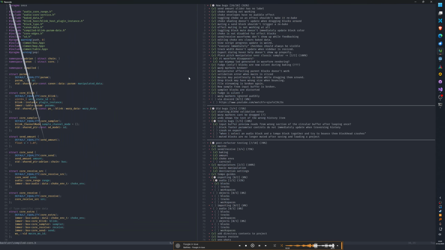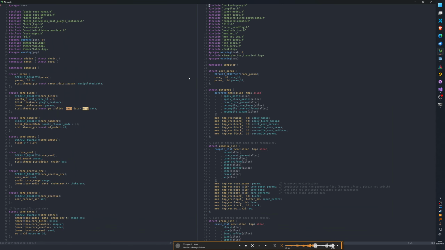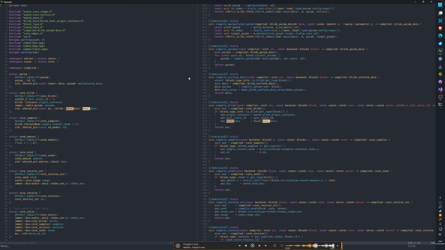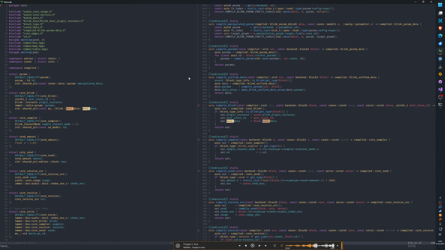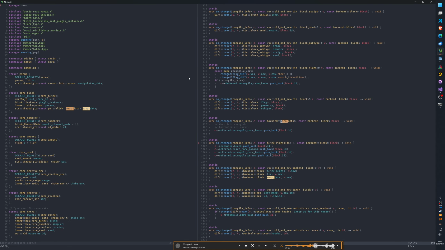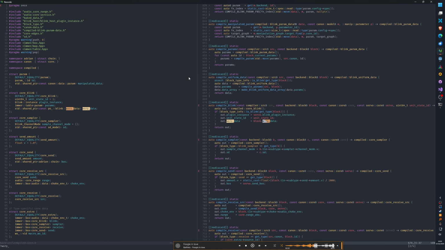Compiled core. Just trying to remember where the warp data is. There it is. And then I would look in compiler warp. Just search for warp. Compile blink. So just eyeballing the code, it looks like it's doing the right thing.